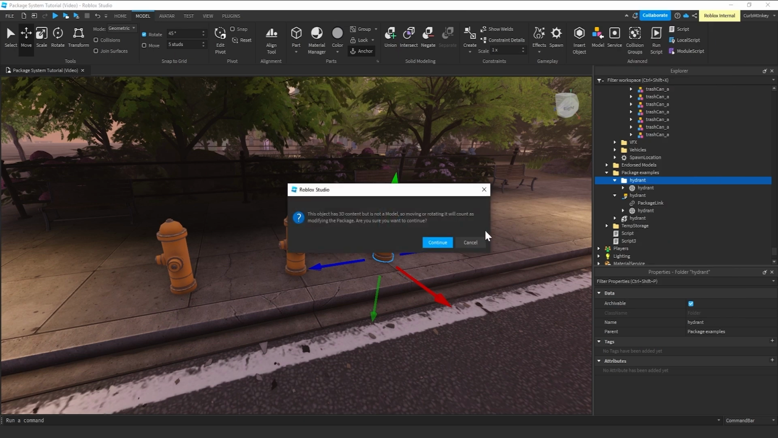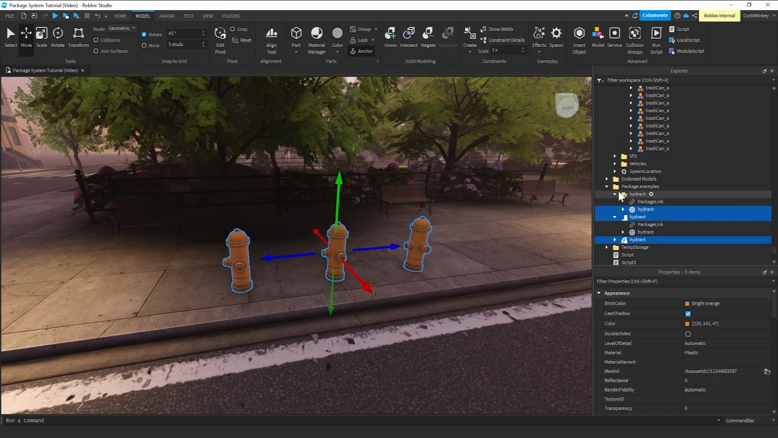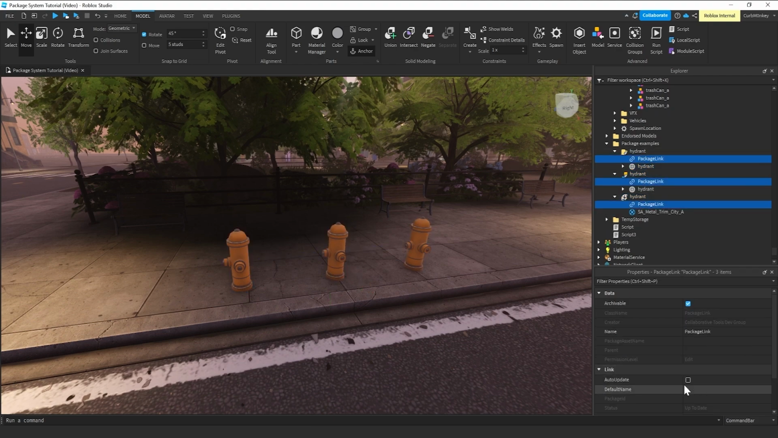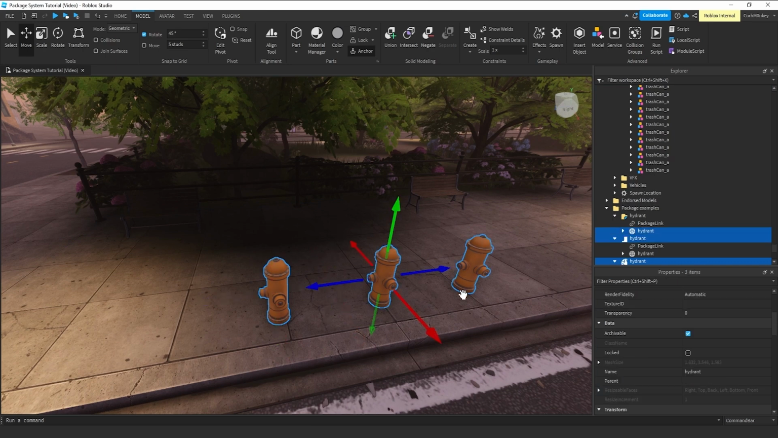And you'll notice right as I try to convert a folder into a package, it comes up with a warning: This object has 3D content in it, but is not a model. So moving or rotating it will count as a modified package. Are you sure you want to continue? I'm going to say yes here just for this example. So these are all packages. And again, I'm going to go into my package links and turn them all on to auto update. That's something I do every time I create one. That way I don't have to go around and update